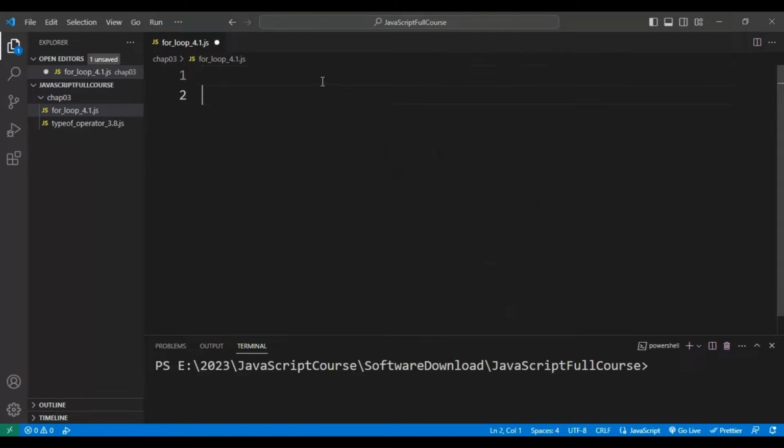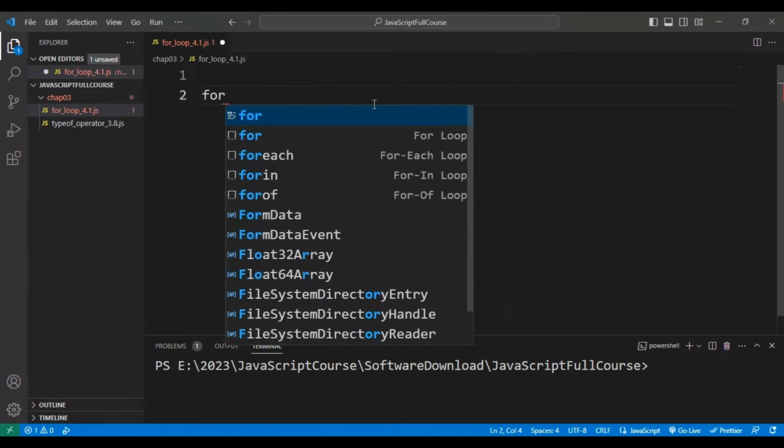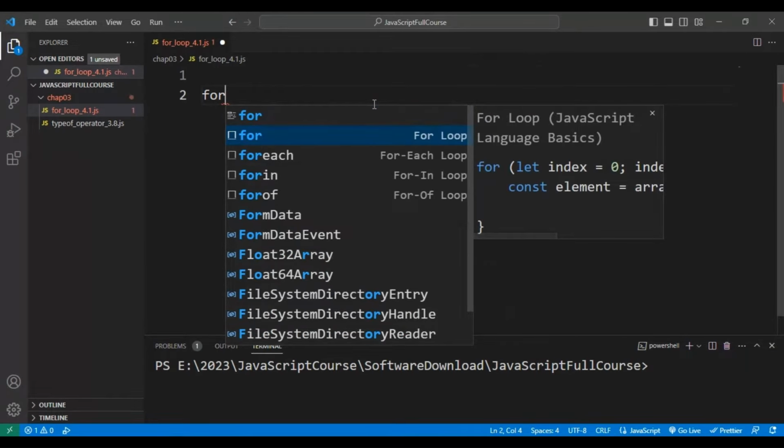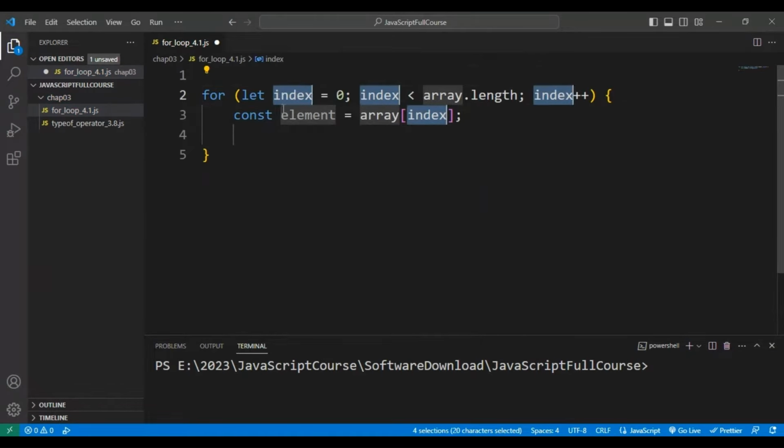Now what I will do is simply create a for loop. If you look at this particular for loop, firstly we are using let. Here we are creating one variable and assigning a value to that variable. This variable name can be anything. After that, we are writing the condition: if the index value is less than the array length. So here I will add, as of now,